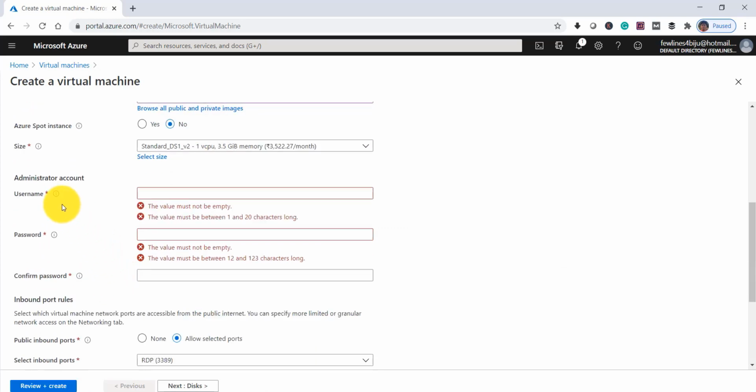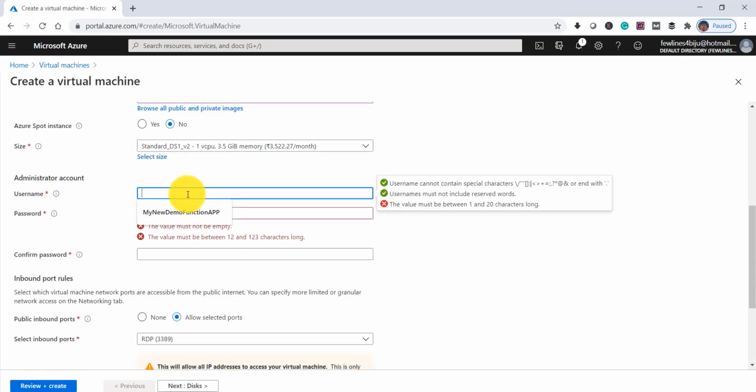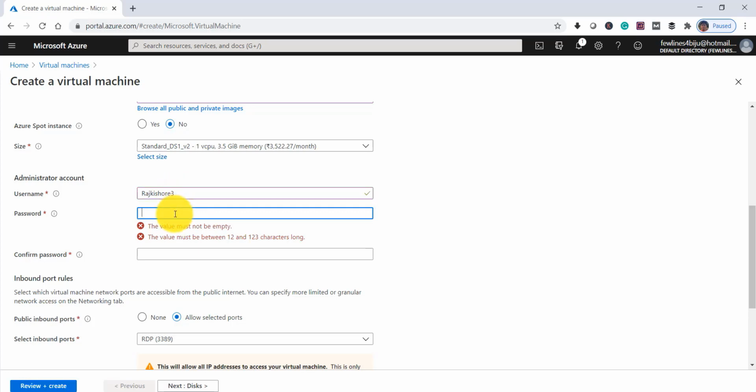Then you have to provide an administrator account, which you will use while connecting to the VM or doing any task with the VM. I'll put here Rajkishore3. Then for the password, you have to provide a valid password.